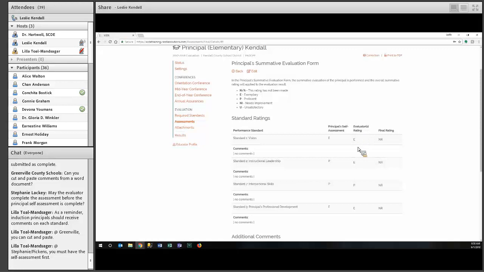So this is showing the final rating from the evaluator assessment worksheet. If there was only one evaluator assessment, then this rating, the evaluator rating, would just populate from that evaluator assessment form. But since there were two and then the summative worksheet was created, this rating is pulling from that worksheet.